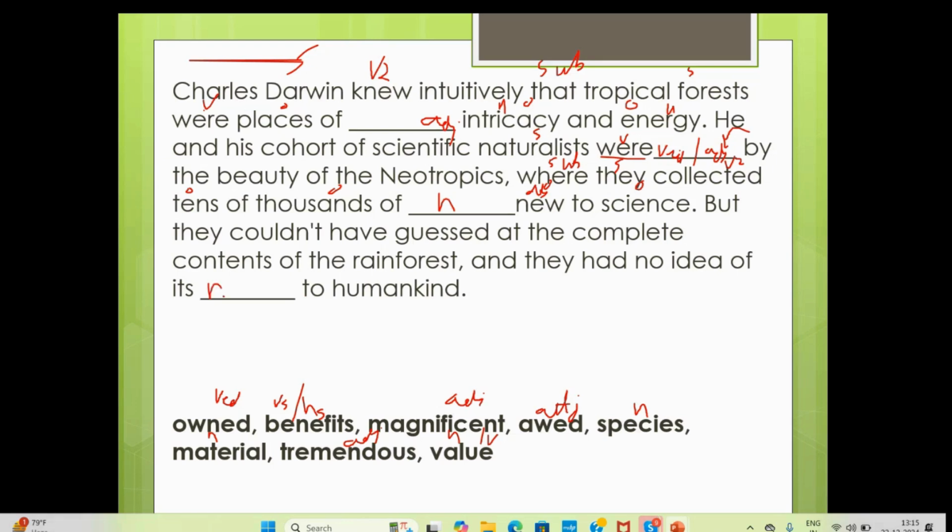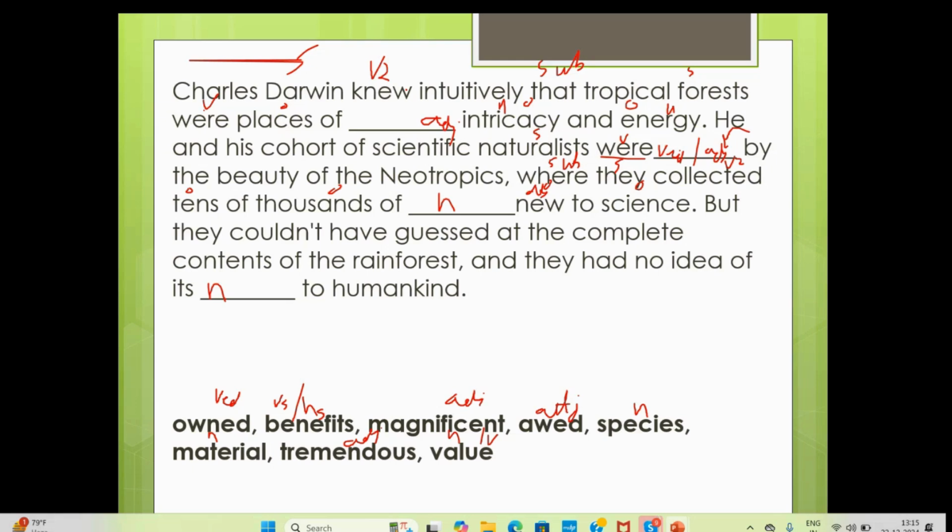Next to its, it should be noun no matter what. Noun with S or noun with no S. Its value, it's anything. Usually next to its, examples for now. I will see if we are getting any help. Adjective, we have 1, 2, 3. 3 adjectives we have for this one. Here also we have 3 adjectives plus ed, 1 ed form of the verb. Here we need noun. I think we have 1, 2, 3, 4 nouns. We have here also 4 nouns. It means we are not getting enough help from the grammar. We need to solve it.